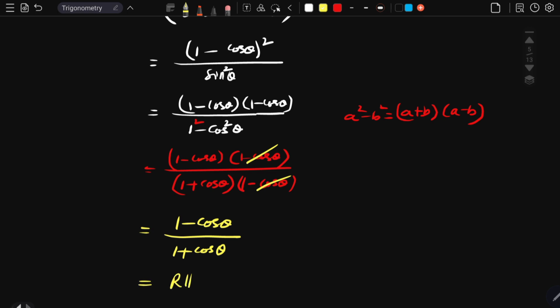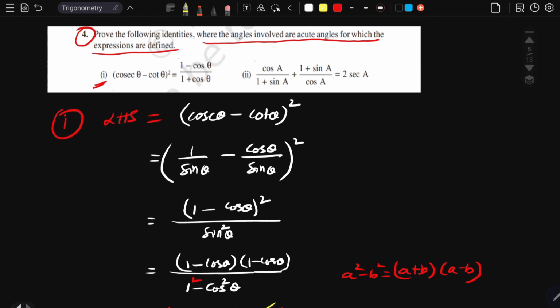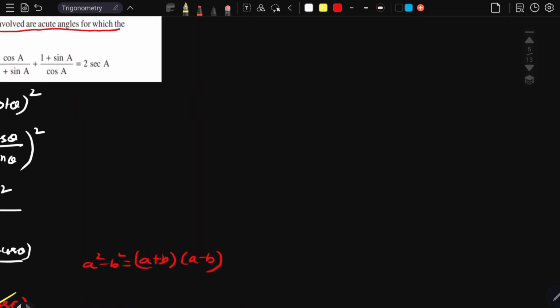So therefore we got the RHS. So the first one is proved. Similarly, the second question. What was the second question? It was given